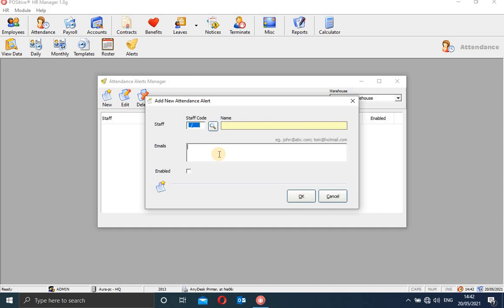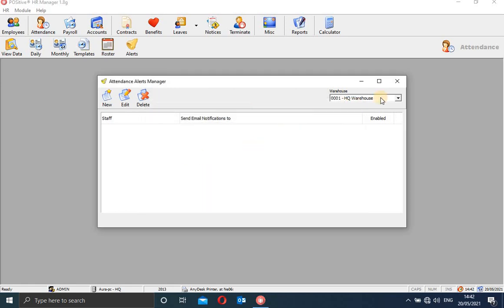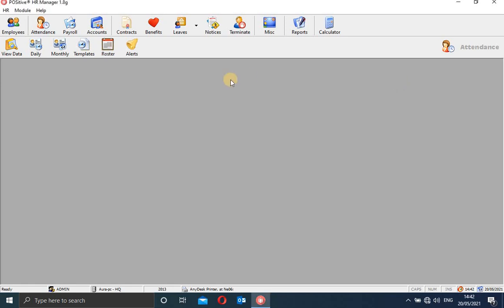You input the email address here, and then you enable it, and say okay. So in case of anything, they are able to get those attendance alerts from the HR. Otherwise, that is how you can check the attendance and how you can input your employees into the HR system.